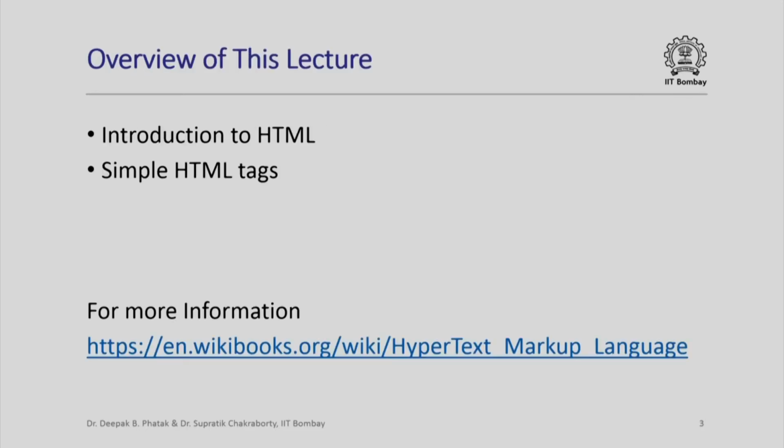In the last session, we looked at the evolution of networks and what we call network protocols. In particular, we looked at the exciting short history of how the World Wide Web has evolved. We did mention HTTP as a main protocol and HTML, or hypertext markup language, as an important language using which we can construct web pages.